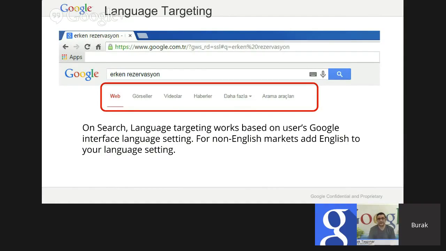And finally, language targeting is about the language of the Google user interface on search. It's not about the website or the language of the websites the user visited in the last 30 days. No, it is not. It is only and only the user interface language of the Google search. In this case, you can see web, görseller, videolar. That affects it. For non-English partners that are listening right now, I suggest you add English to the language setting, because